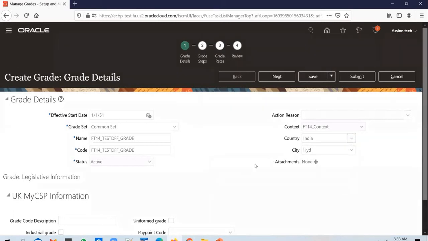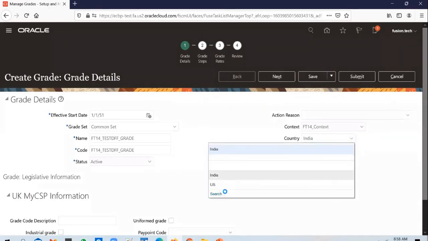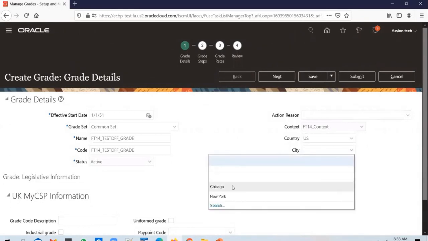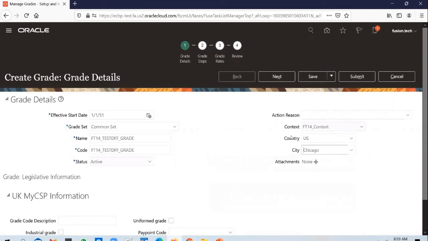And if I change the country, the moment I change the country, if I select US, if you click on the drop down, you will notice that the cities have got filtered down based on the country that you have selected. Okay, so this is how you attach value sets to the segments, and this is how you enable context-based DFF segments on any particular screen. And all you have to do is go ahead and submit it.